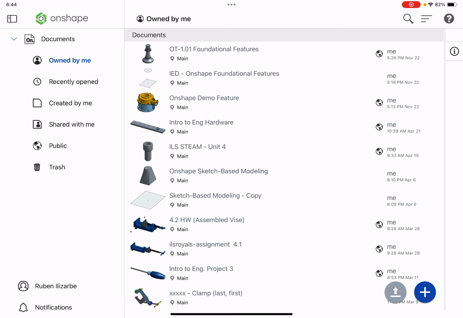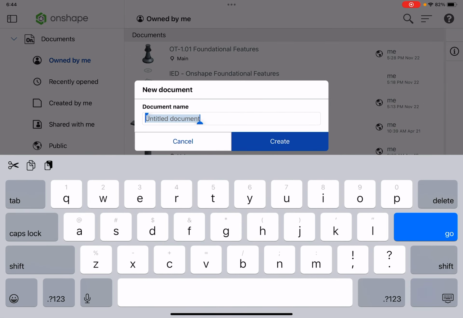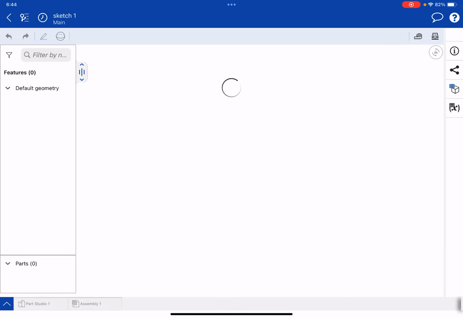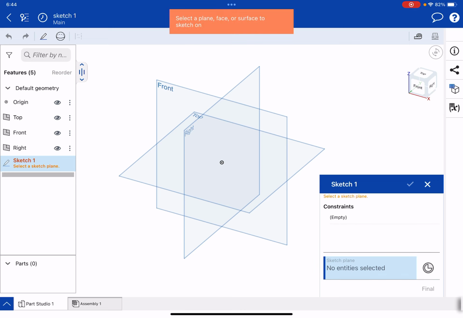All right, first thing we're gonna do is create a new document. We can title it sketch 1. All right, we're going to start a sketch. So we're gonna select the sketch menu over here, and it's going to ask us to select